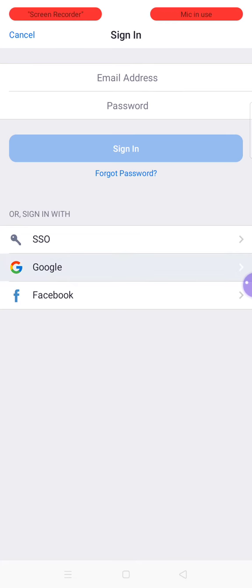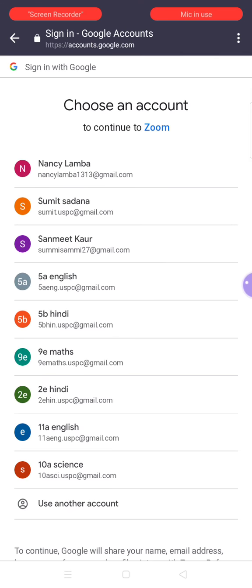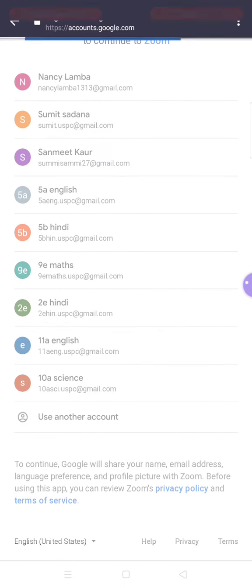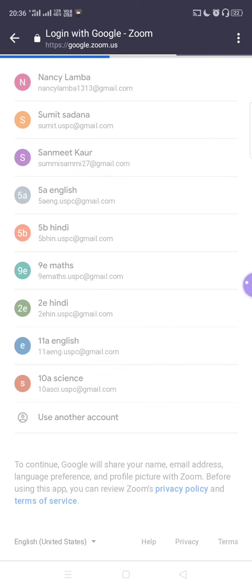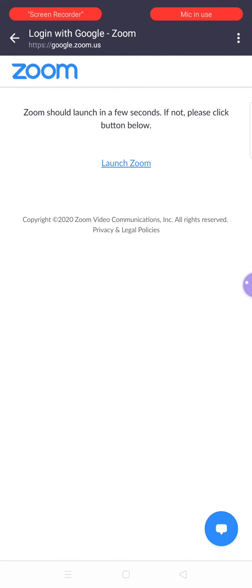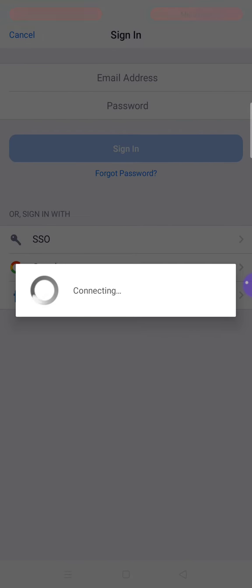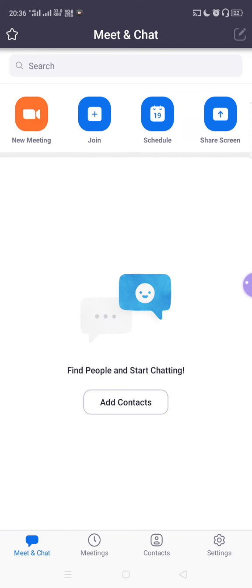Login failed. So let's try it again. Okay, so 10th science, I was logging in. Launch Zoom, connecting. Okay, we have successfully logged in to our account.